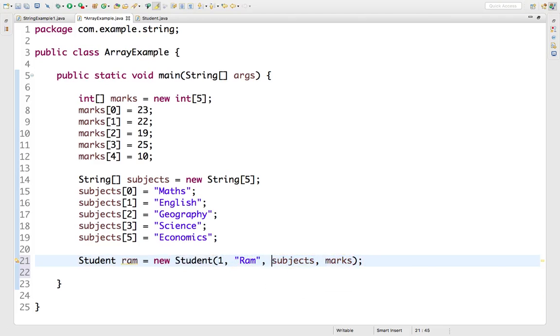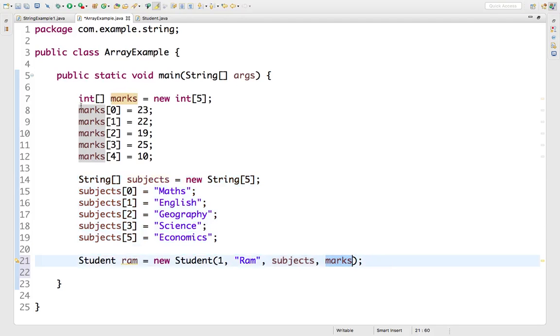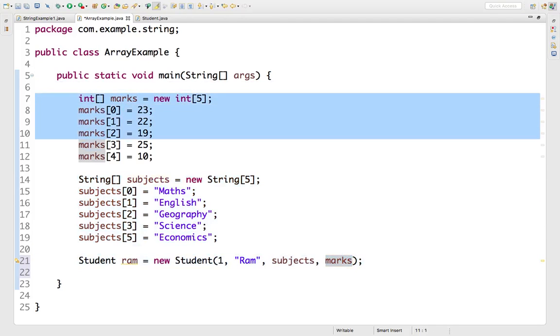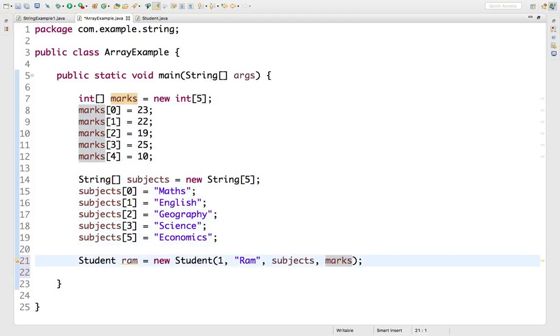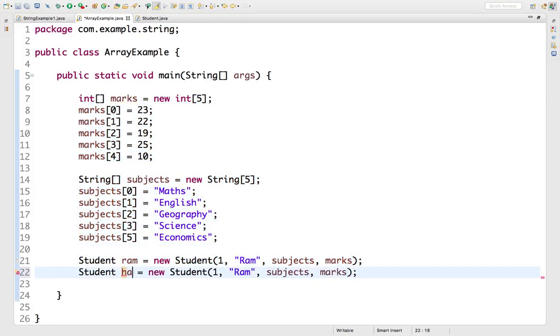So let's do one thing, let's create these 2 arrays. Subjects, that is already created, you can see it is having 5 subjects, and marks, that is already created, it's having 5 marks. Fine. Now I have a complete student object. Suppose I want to create another student object. Copy, paste. So this time this student is going to have the roll number 2, name is Harish,